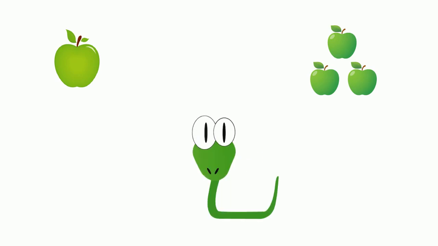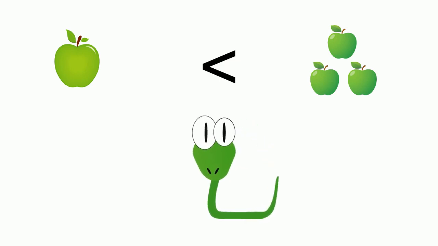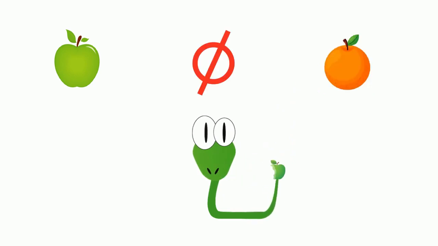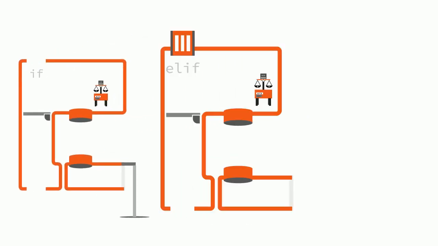It uses conditions for comparing one or multiple variables of the same type and then executes an action. And yes, it has to be of the same type, because like in real life, you can't compare apples with oranges. We have three different and complementary blocks to deal with conditions in Python: the if block, the elif block,